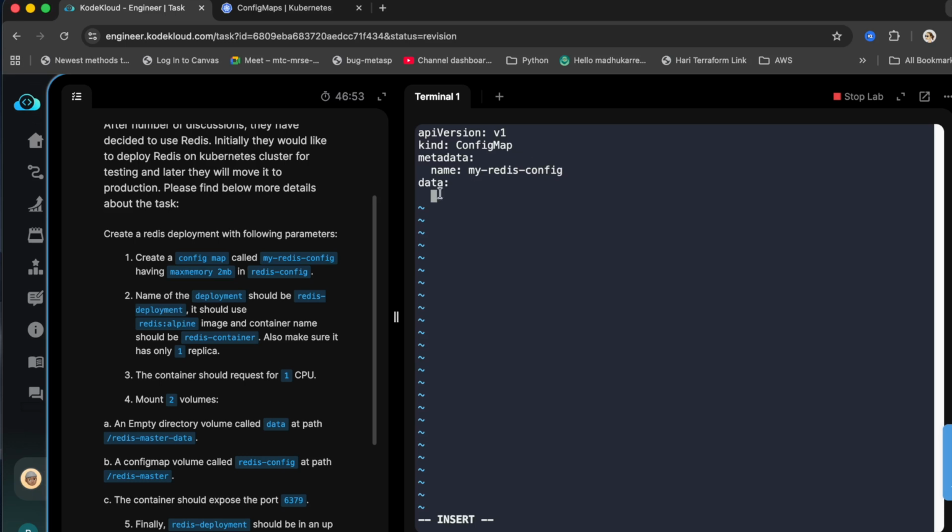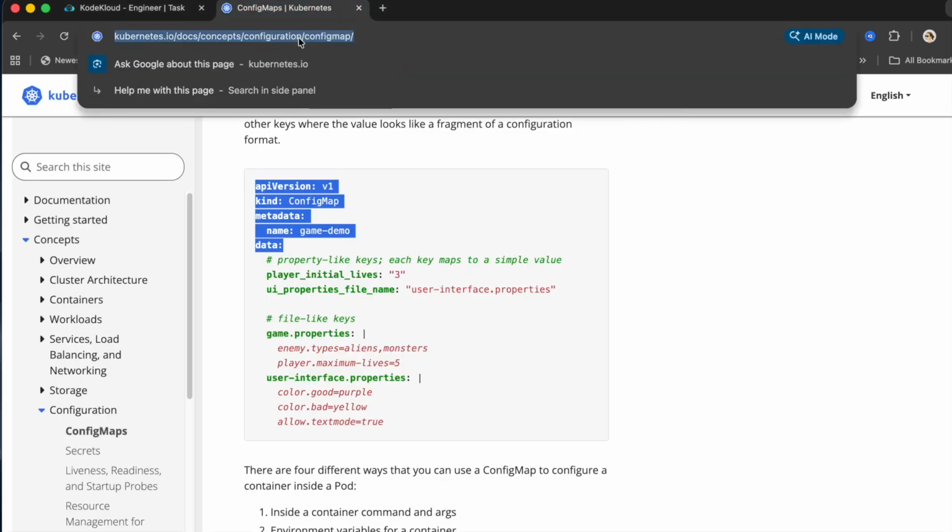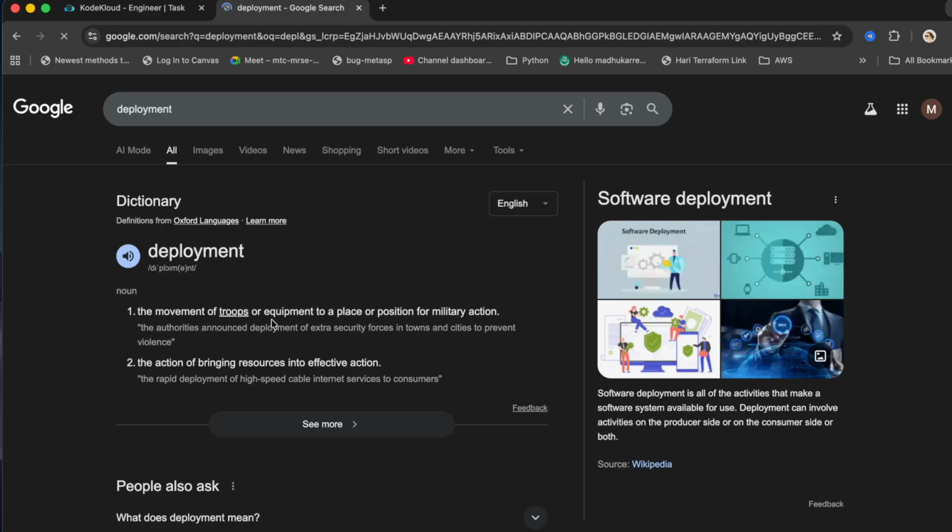And in the data, we need to have this key, redis-config. Just give it a 5, and data should be maxmemory 2mb. So that looks fine. Now get the deployment. If you look in deployment,